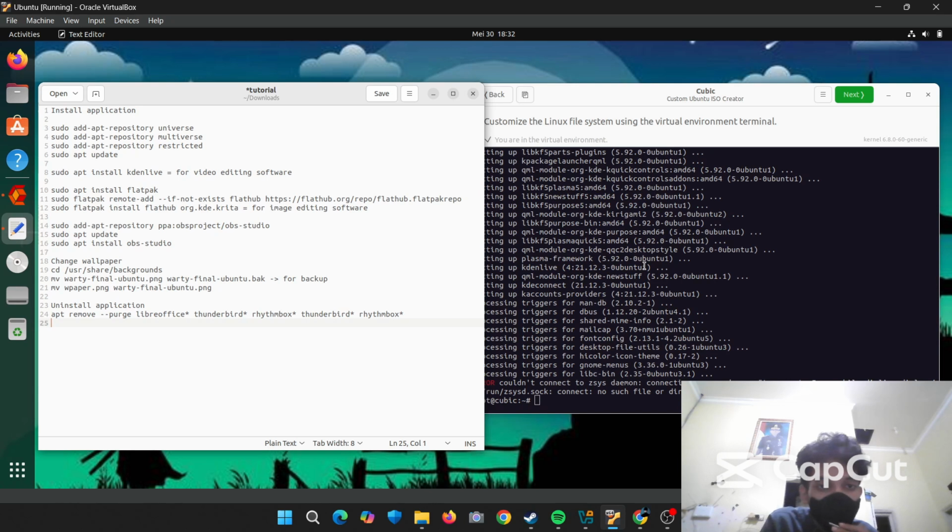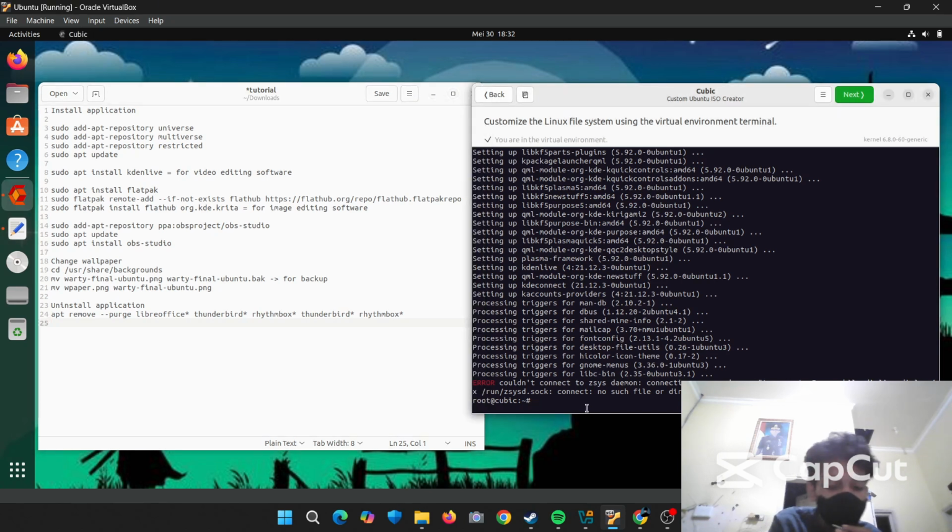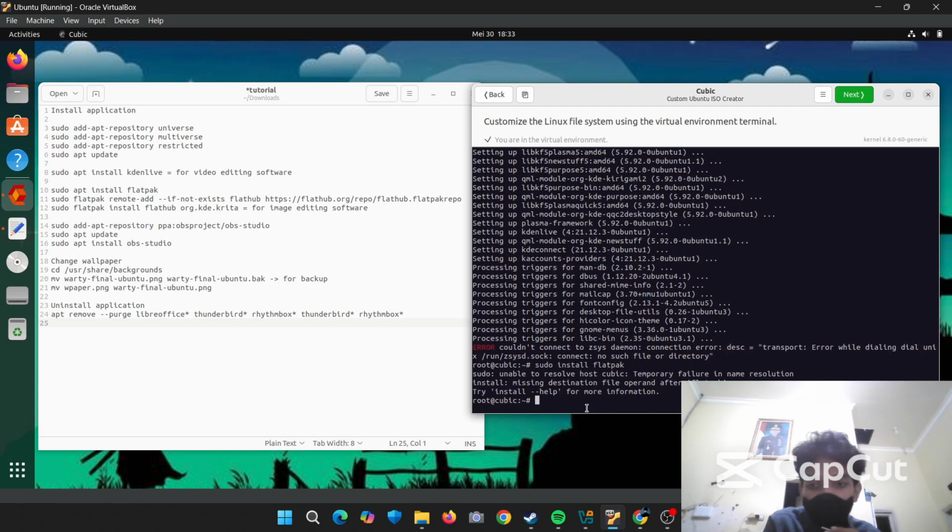After the first software is installed correctly, we move on to the next software, which is Krita for image editing. For installing Krita, we use a different package manager. We use Flatpak. So first we need to install Flatpak.